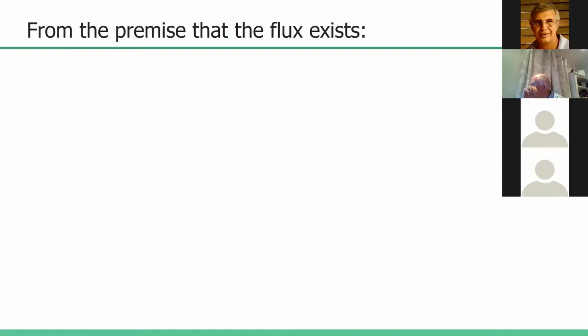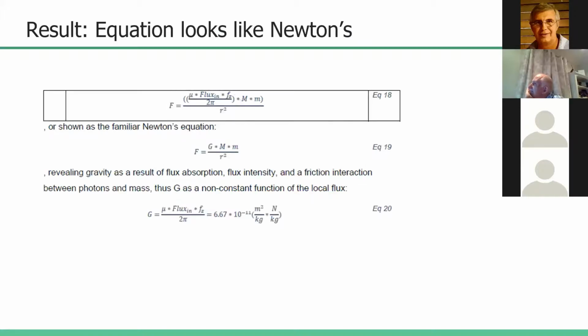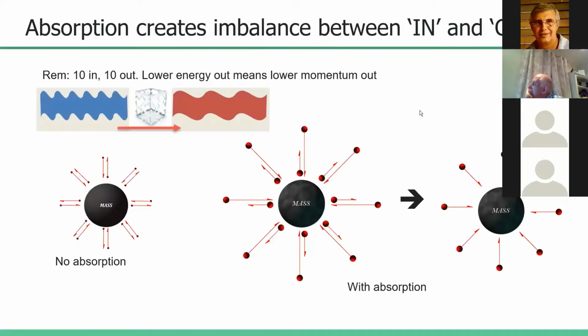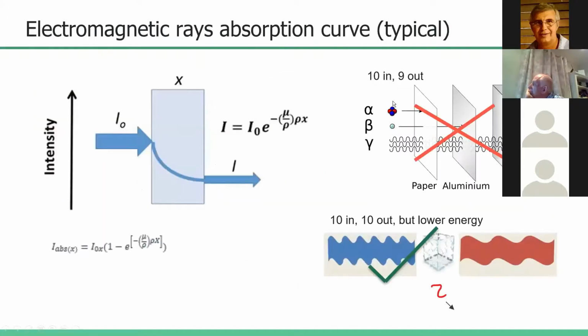From this premise that we've taken, that there exists an omnidirectional photon flux. In other words, a flux of electromagnetic radiation of such high frequency that ordinary matter is completely transparent to it. I do need to go back. Something that I skipped over here. One of the big reasons why this is discarded. If I say that the flux is of such high frequency that ordinary matter is transparent to it.